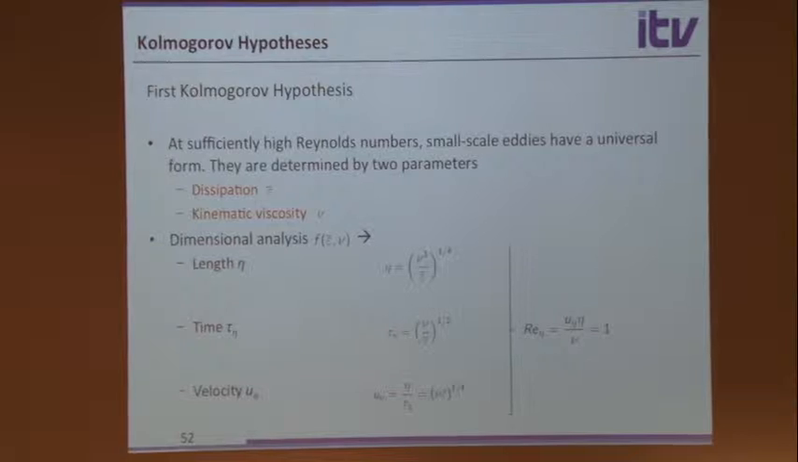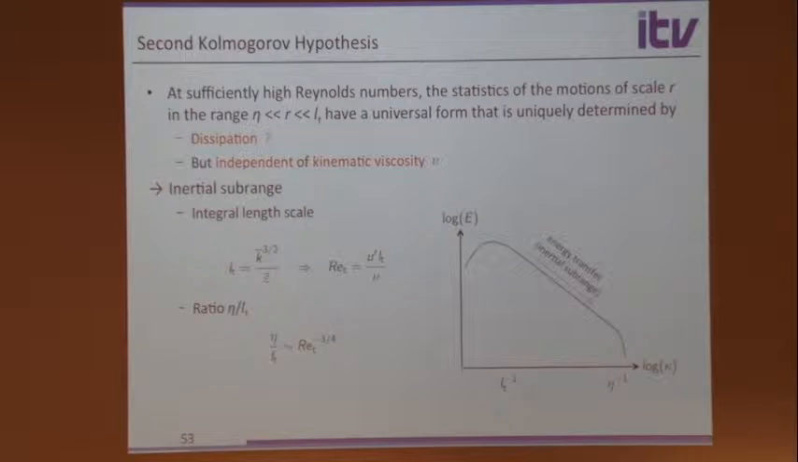And you see, if you build a Reynolds number with these three, it's equal to 1, which basically means that the inertial and the viscous forces balance each other. Okay, so that's the first one. That's already very exciting. But then he came up with the second hypothesis here, which says now if I look